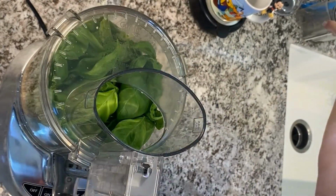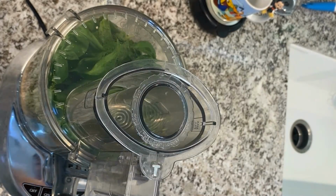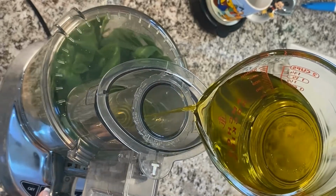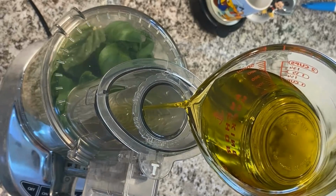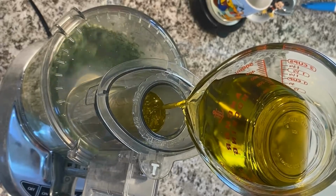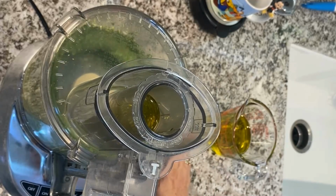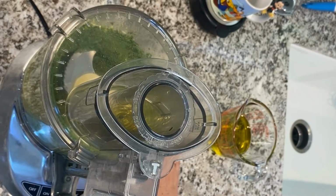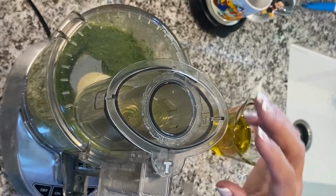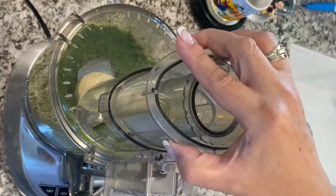Now we're going to blend it for another minute or so, adding the olive oil. And I start using the olive oil to get it moistened and start blending it. I typically don't end up using all of the olive oil I pour. So I start off by pouring about 1.5 cups of olive oil, and then I will just use enough so that it moistens the